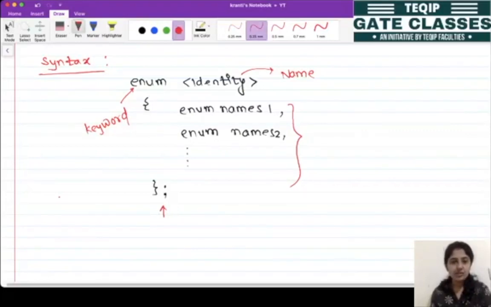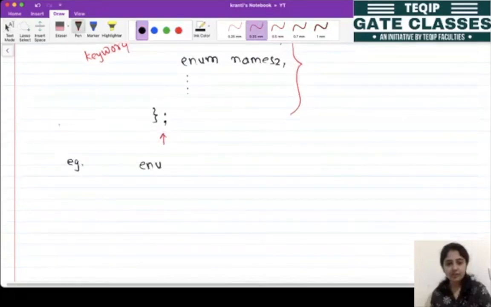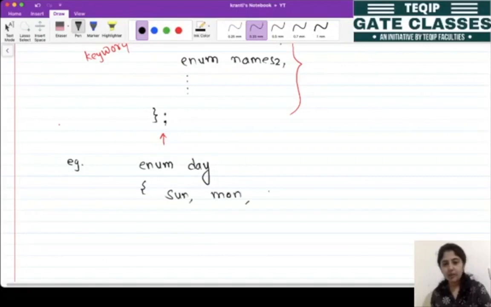So let's write one example. For example, let's say this is my enum and the name of this enum is, let's say, day. Inside this day, let's say I have Sunday, Monday and Tuesday, and curly bracket close and semicolon. So here this is one example.